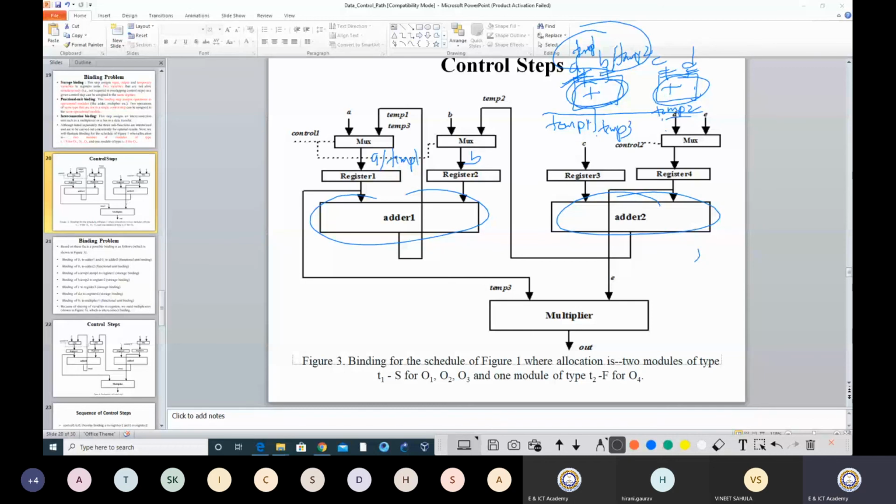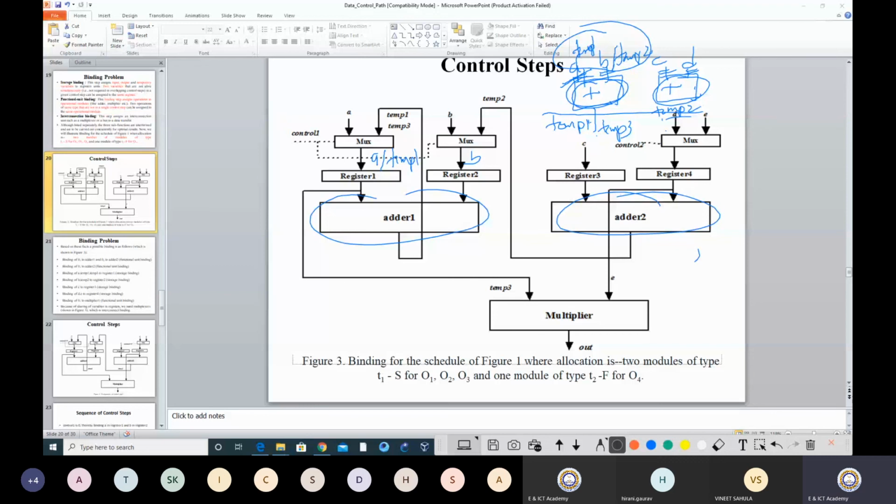Again, over here for B, if you observe, for B and temp2, there is an option. Okay. So again, I will use a mux. कि यहाँ पे B भी हो सकता है, temp2 भी हो सकता है. तो वो मक्स से मैं डिसाइड करूंगा कि B करना है या temp2 करना है. For that also I can have some selection that will take care of whether I need to go for B or whether I need to go for temp2. temp1 temp2 आ गए, उसके बाद एडिशन होगा और फिर मेरा temp3 जनरेट होगा.